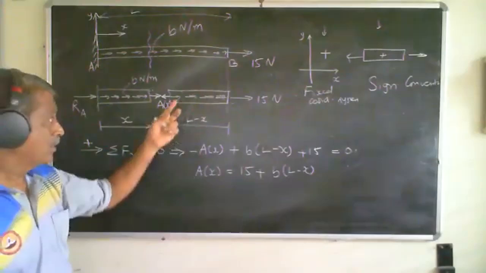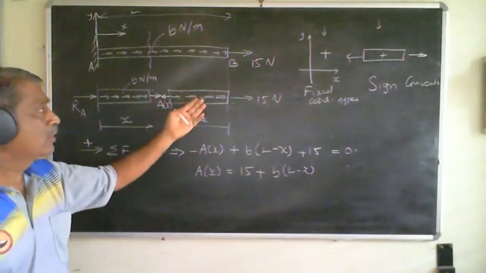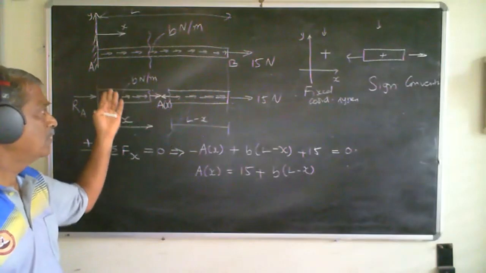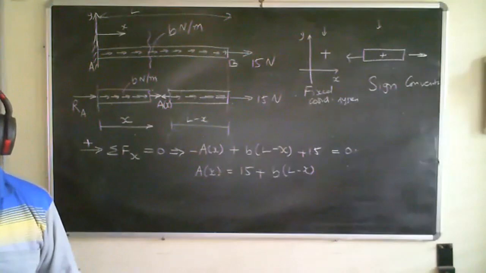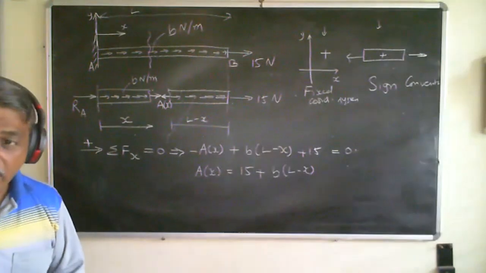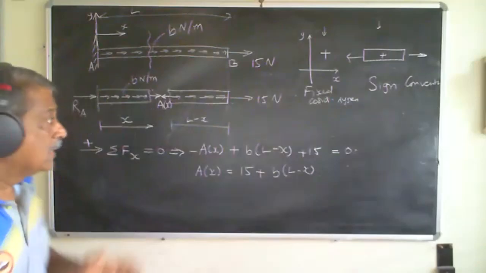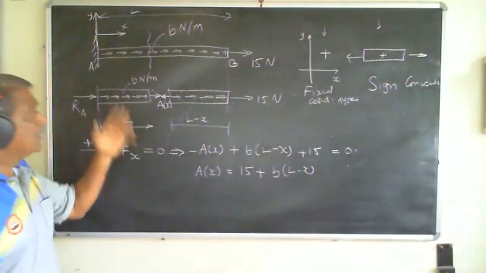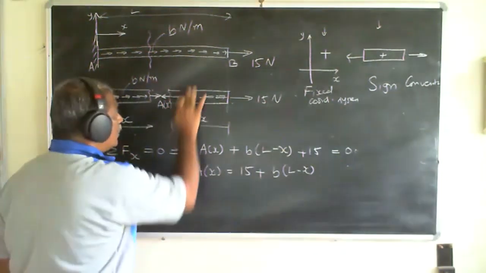So answer this question. What was the reason for saying, okay, you can either use left hand side one or the right hand side one? The unknown A. What condition helped me do it? Equilibrium. That is, this is an equilibrium, this is an equilibrium, and supposing I cut this off somewhere here and